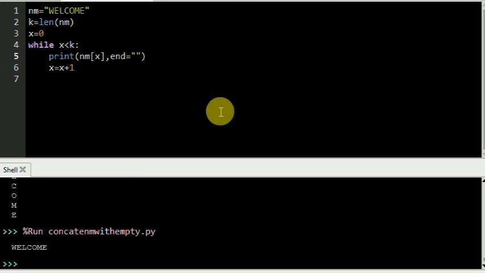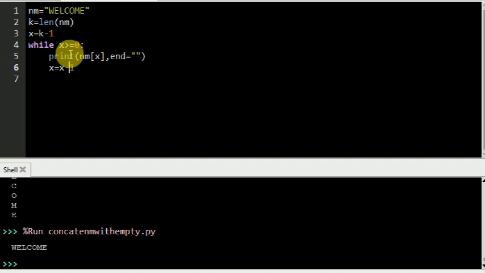Now if you want to execute it again, but in reverse order, you know that to move in reverse, you have to start with the last value. You know that the length is inside k, and x is holding the value 0. So you need to change that. Change the value of x to k minus 1, the exact index value. Change the operator: erase it, write greater than or equal to 0, and change the sign from plus to minus. Now it is in decreasing order.